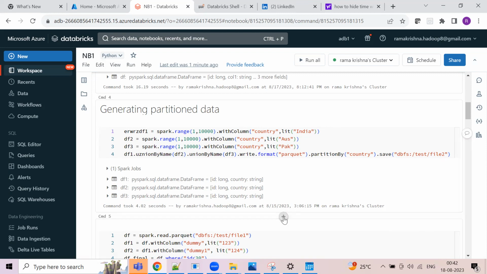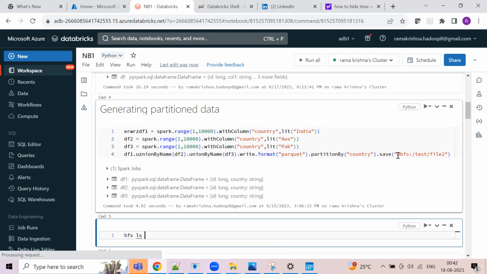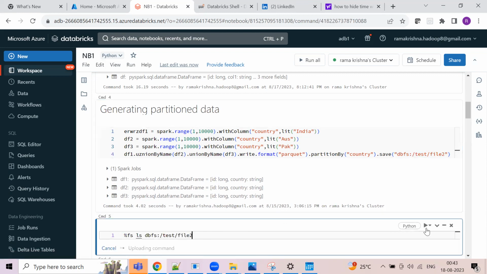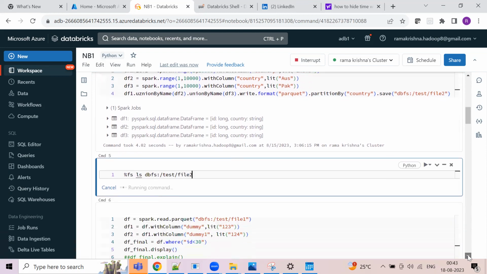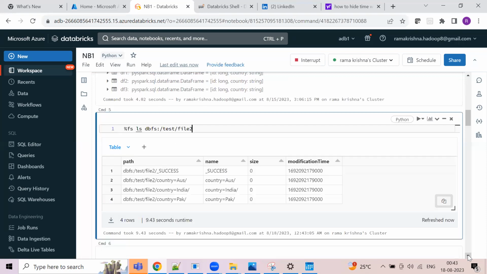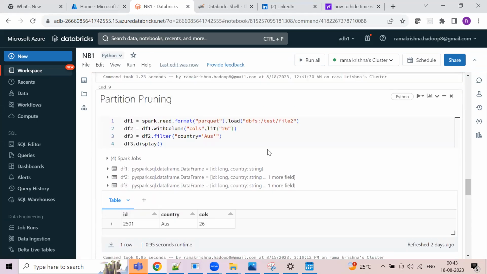So if you do this %fs ls this path, yeah. So it only has three partitions, and now if I put a filter on where country equal to Australia,